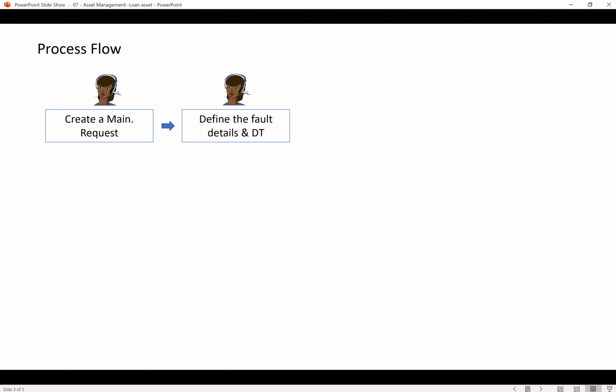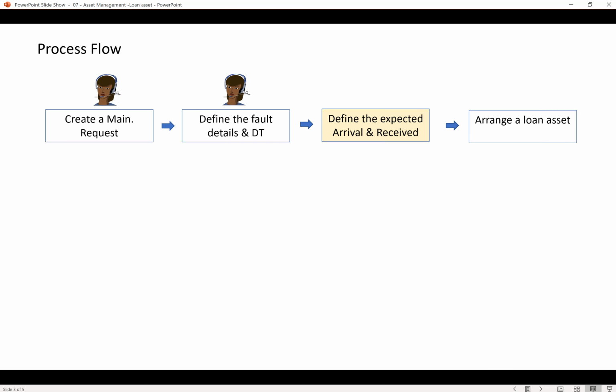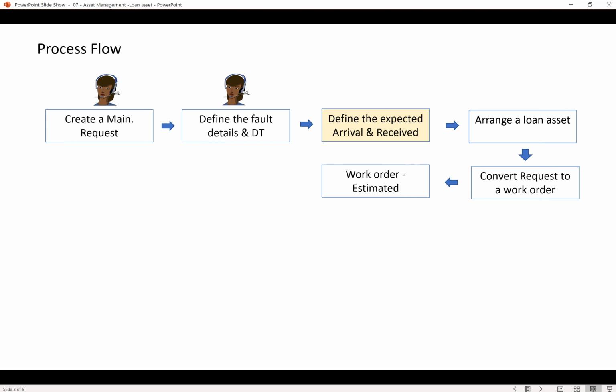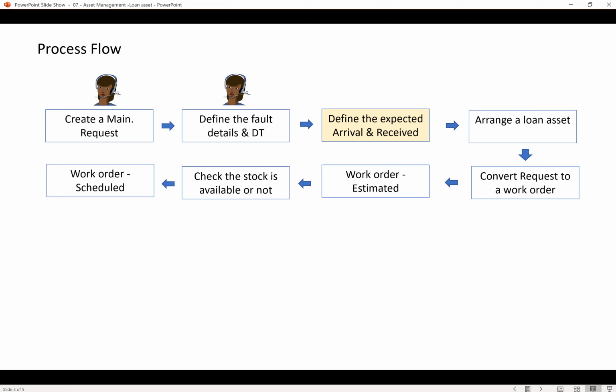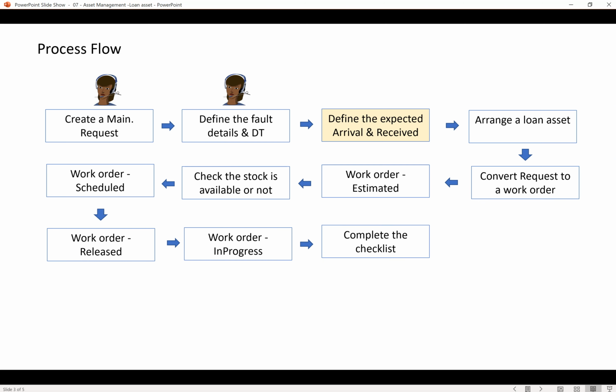So here is the process flow, basically the typical asset management corrective maintenance process flow. A request is created, you define the faults and details, you define the expected arrival date and receiving, and arrange the loan assets, and then convert to the work order, estimate, check whether the inventory is available or not, work order schedule, then work order release and work order progress, complete the work order, complete the checklist if required,